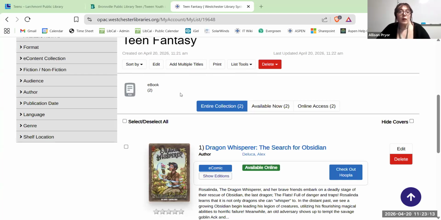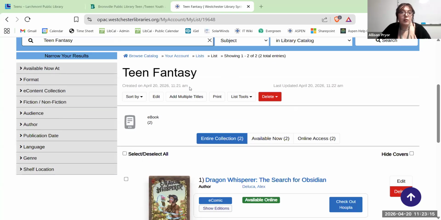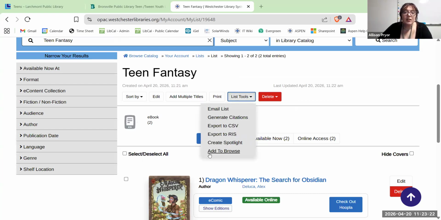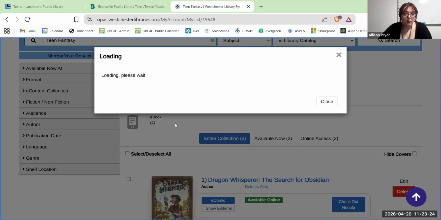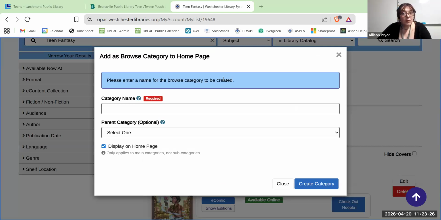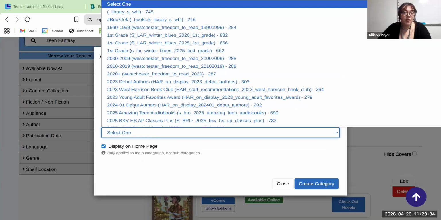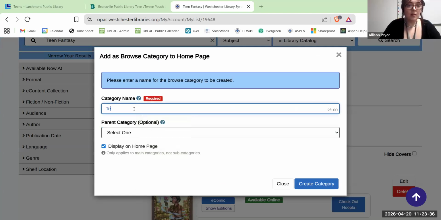When you're happy with the content of your list and you're ready to create the browse category from it, you're going to go over to your list tools dropdown and you're going to add to browse. The same way that we did when we created it from search results, we're going to give it a name. And then if it's a subcategory, which maybe we want to do for the adult one,